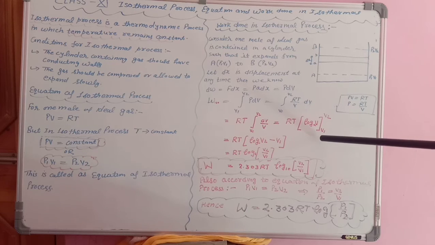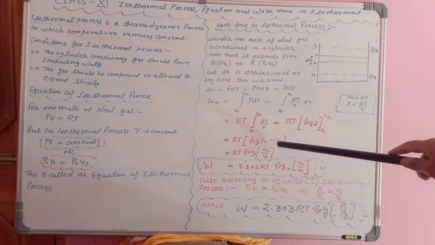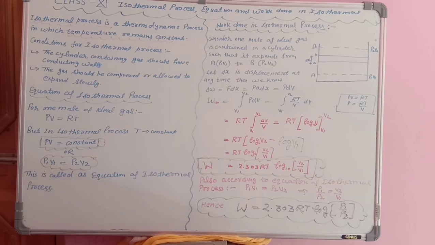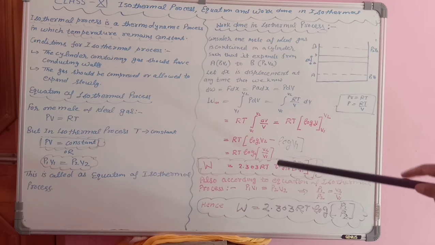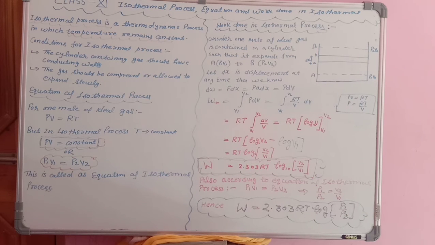Okay. Limits are V1 to V2. So students, first we will put upper limit minus lower limit. So log of V2 minus log of V1. Log x minus log y, this also you have studied in your mathematics. It is log x upon y. Means log V2 upon V1. So students, this is the expression for work done, that W is equal to, why I have added one mathematical term 2.303? This is due to this factor.